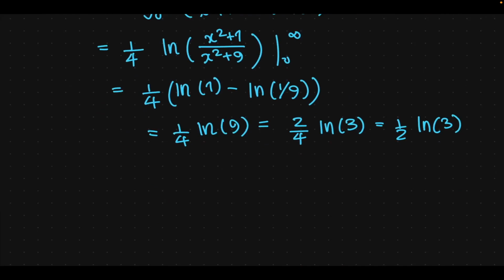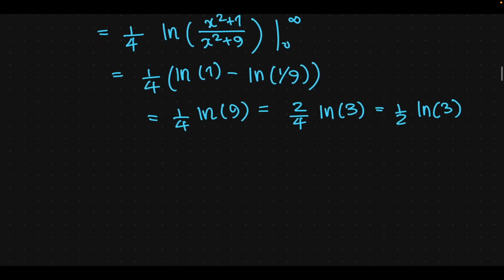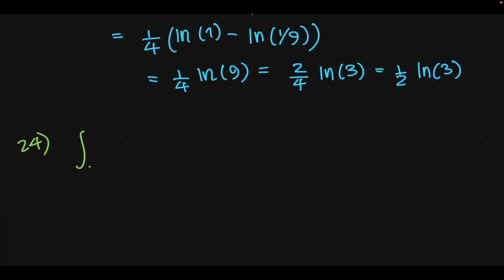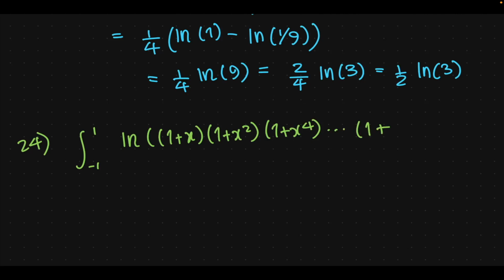Now moving on, we have, this requires more symmetry now. I hope I didn't miss, yes, 24. Integral from -1 to 1, natural log of 1 plus x times 1 plus x squared, 1 plus x to the fourth, so on to even powers, 1 plus x to the 2024, divided by